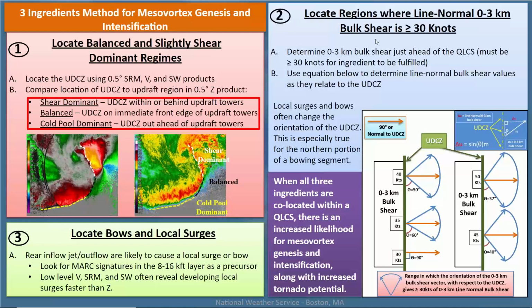So the second part of this first factor is you want to compare the location of the UTZZ to the updraft region in the 0.5 degree reflectivity product. And here there are three types of locations: shear dominant, balanced, and cold pool dominant. You can see where Joe is pointing. In the middle, that's your balanced